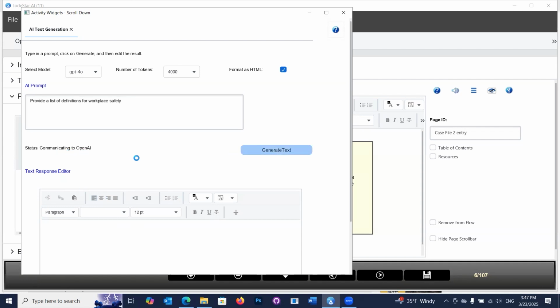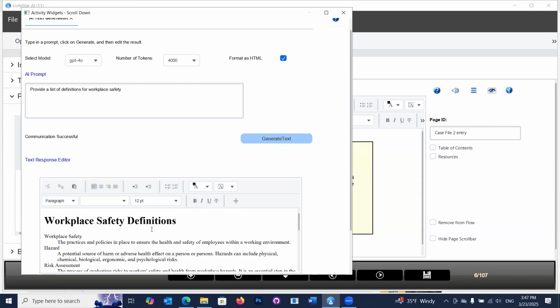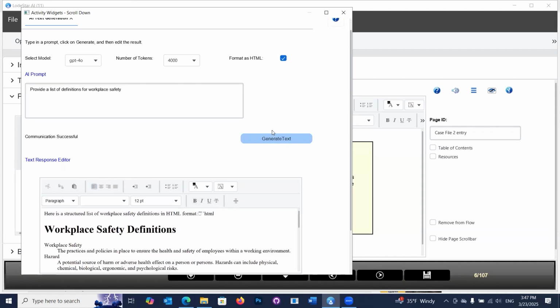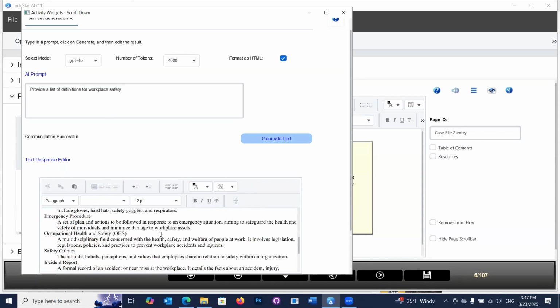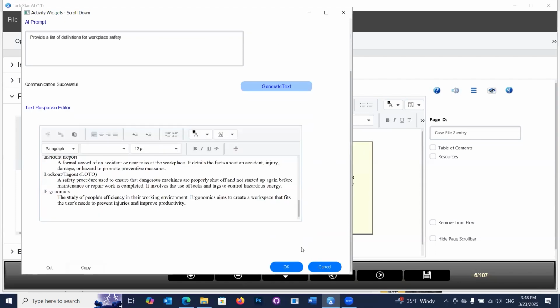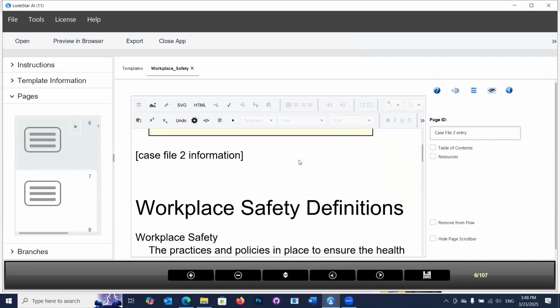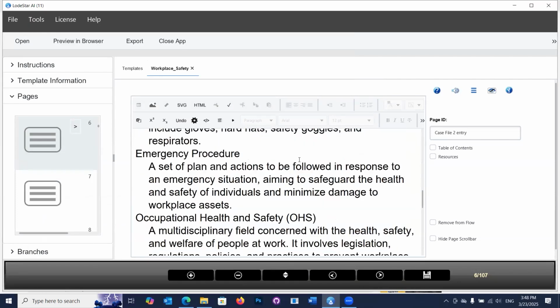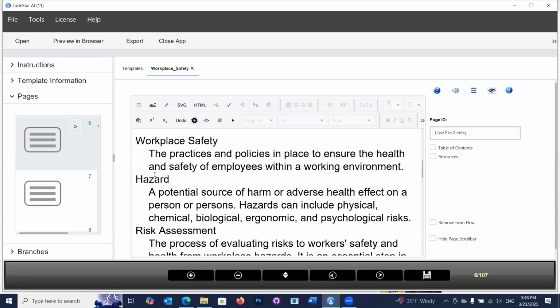If this were not to work, if you're unsuccessful, just click generate text again. Sometimes OpenAI can get pretty busy. Again, I'll just remove the beginning and the end,